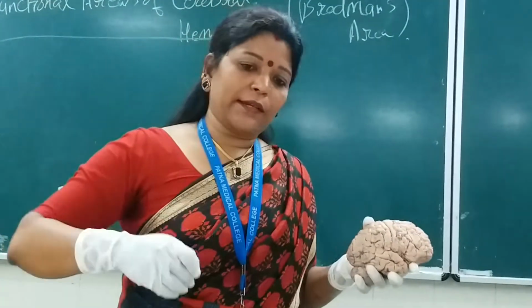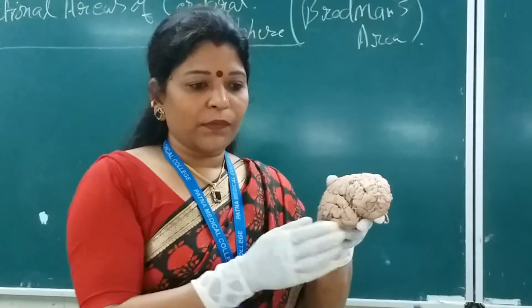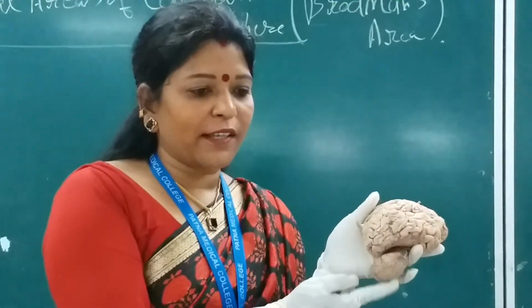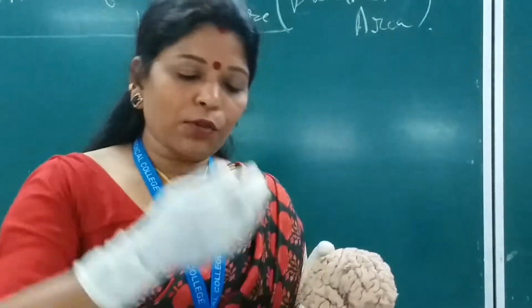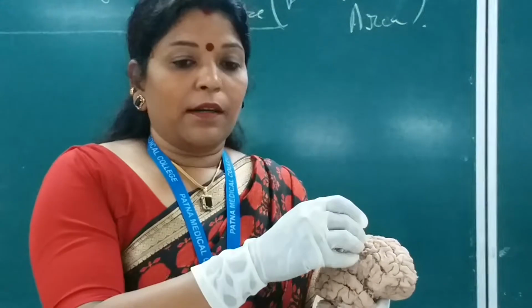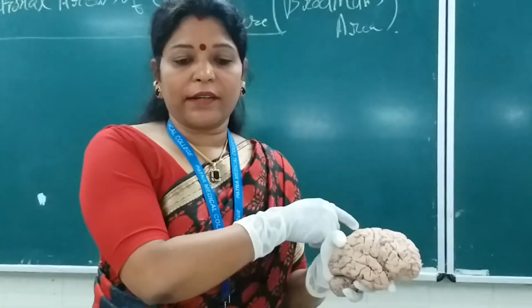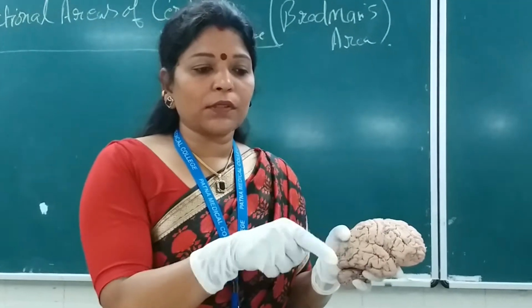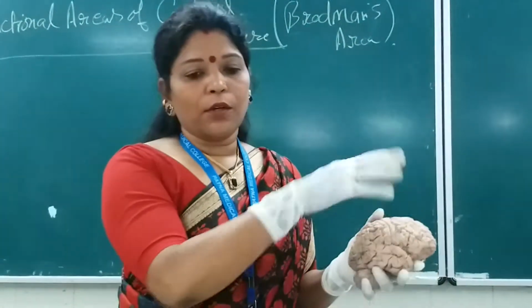The same side. Suppose this is the right side. This is the right cerebral hemisphere. This is the anterior, this is the posterior, and the cerebellum is here. So this is the right motor area. So the right side of some axial muscles will be regulated by this motor area, not the contralateral, isn't it? So this is also the difference, an exception to this rule.